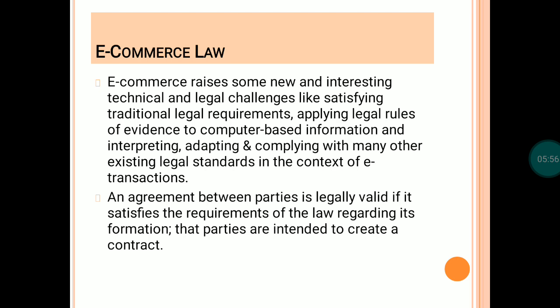So e-commerce raises some new and interesting technical and legal challenges, like satisfying traditional legal requirements, applying legal rules of evidence to computer-based information, and interpreting, adapting, and complying with many other existing legal standards in the context of e-transactions. So the practice is not to make the traditional laws obsolete, but to maintain those traditional legal requirements